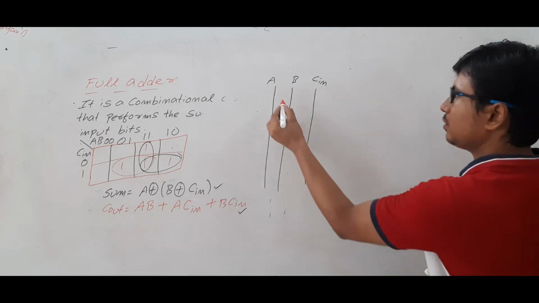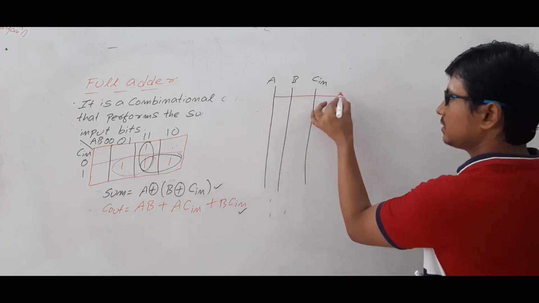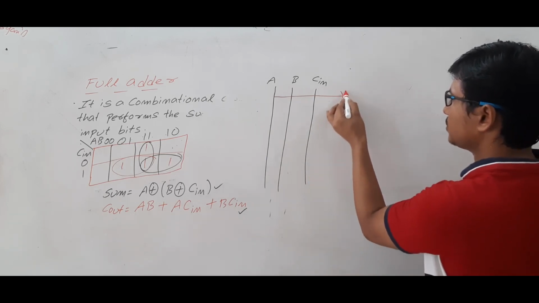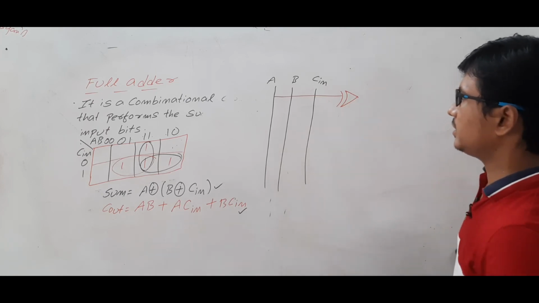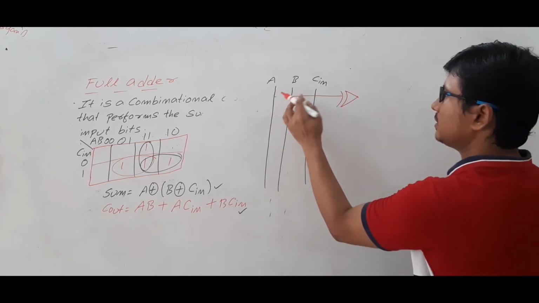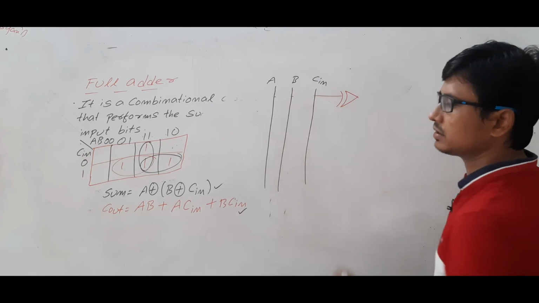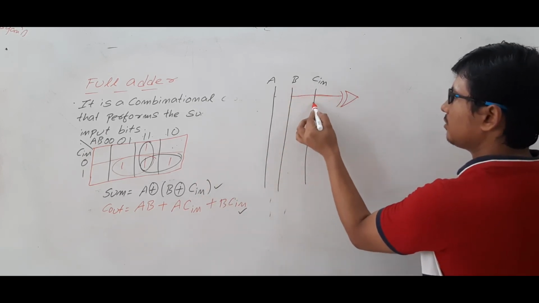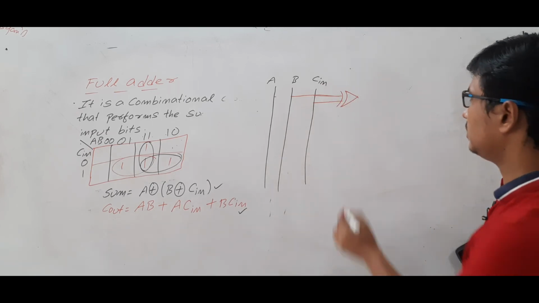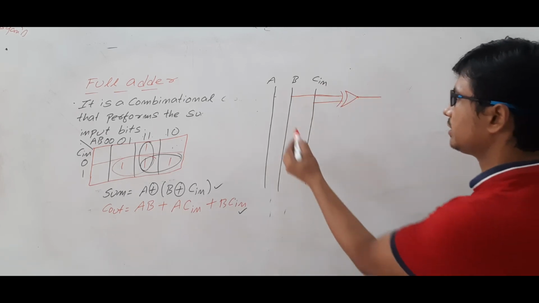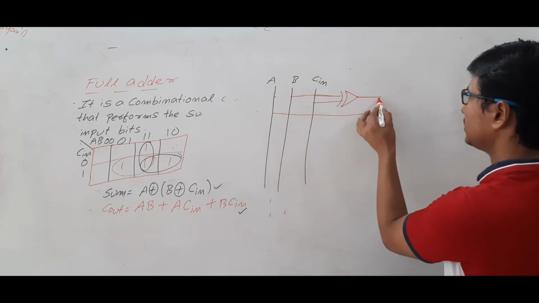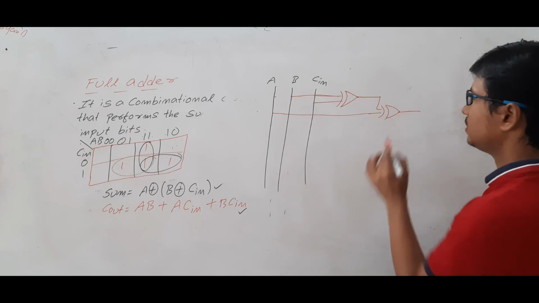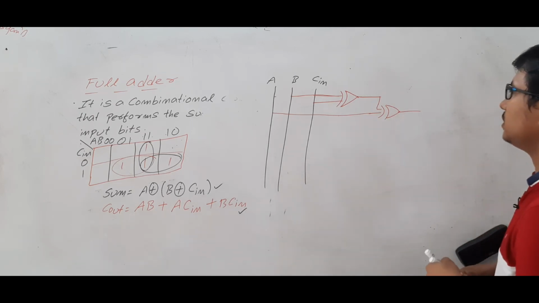Now what I have to do is that for A, I will perform the exclusive OR. First I need to perform with the B, am I right? B and C in, first I need to perform this one. So B I will take and from here I will take exclusive OR. Whatever the result I will get, I will perform the exclusive OR with this one. Are you able to understand it or not? So this will produce your sum.